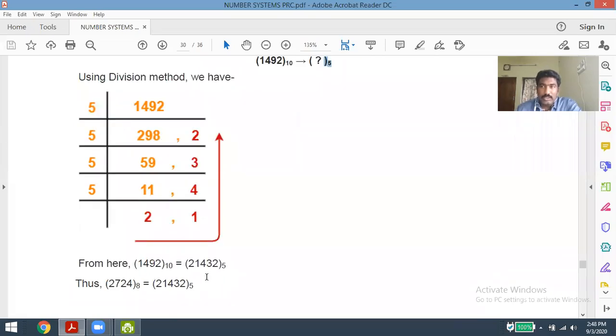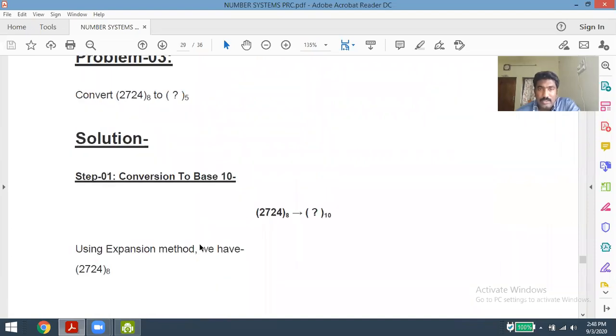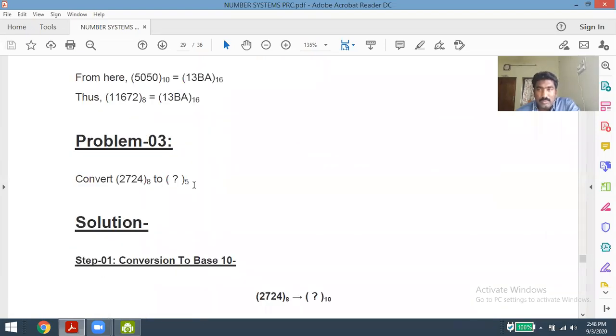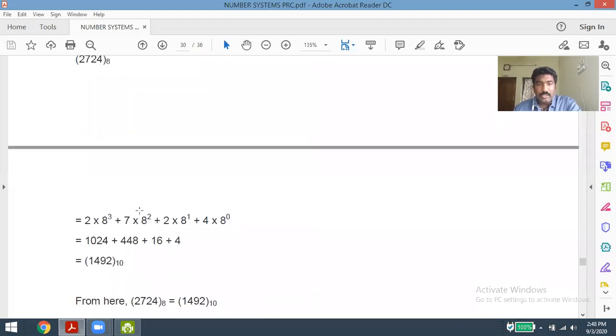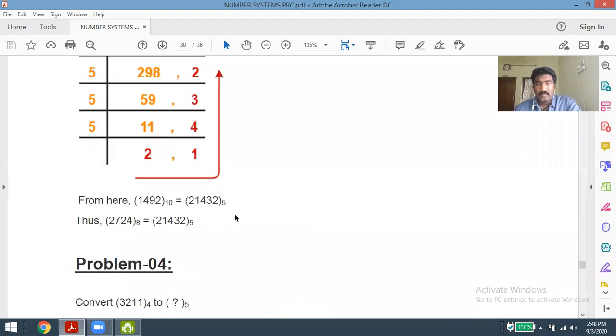So don't think that if there are any other bases other than 8, 16, 2, some people will find some techniques to solve such a problem. There is no other technique. If it is any base to 3, 4, 5, 6, 7, 8, 9, whatever it may be, sometimes it is 99. Yes, it is asked so many times. So don't question yourself whether 99 is there or not. Use the same technique and do the division method. You will get the output.